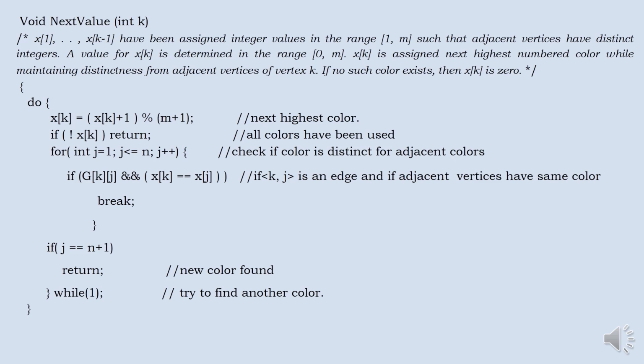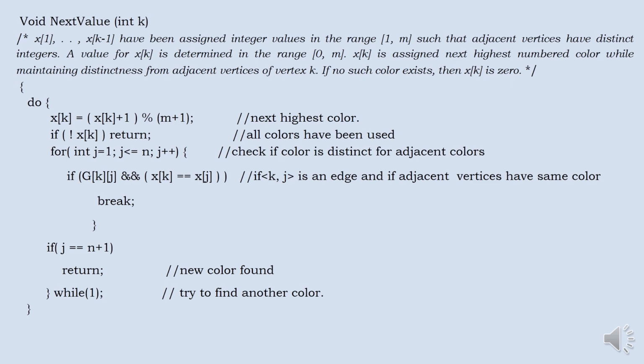Because you are using modular division, if you have chosen the divisor as only m, then you would get 1, 2 until m minus 1. The value m you will not get. So in order to include even the m as a color, we are taking m plus 1 as the divisor. If no color was assigned, go back to the calling function. Whichever function I had called, go back, because you have not successfully assigned the color because the colors have been used.